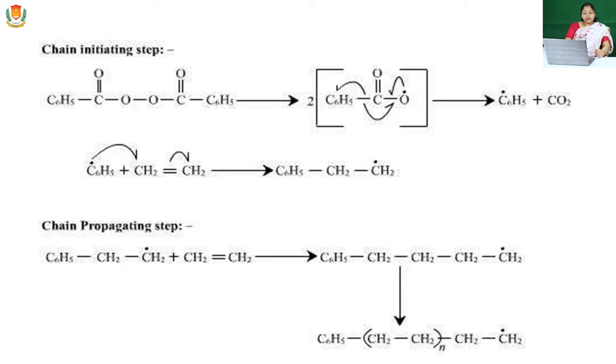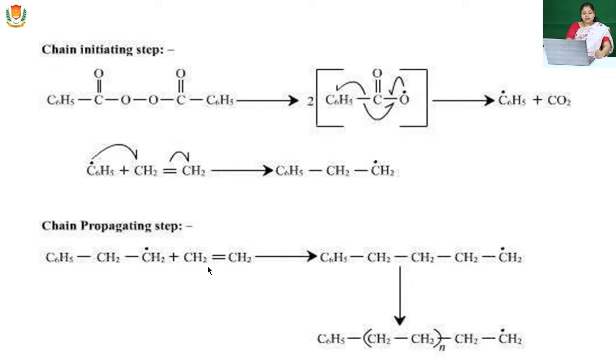Now we move on to the preparation or mechanism of free radical polymerization. In this free radical mechanism, there are three main steps. Number one, chain initiation step, where the generation of free radicals takes place. Number two, chain propagation, where these free radicals react with other monomers, and number three, the termination step, where the polymer is formed and the reaction stops. In the initiation step, the monomer breaks off and generates the free radical.